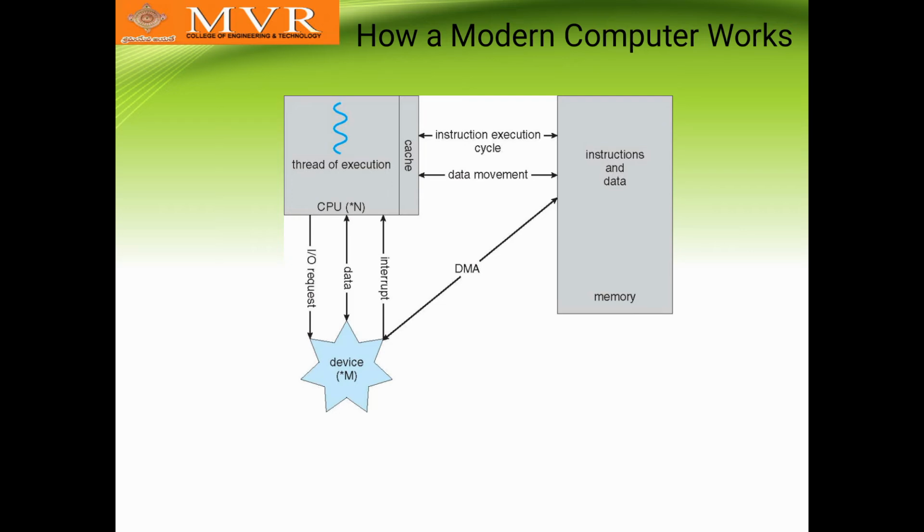So it is a place where it will be stored. See this memory, it has the instructions and data. Those instructions and data are transmitted to the CPU for processing, and then it gives the result. Is it clear? So here in the CPU it will use the thread, which is nothing but a lightweight process,